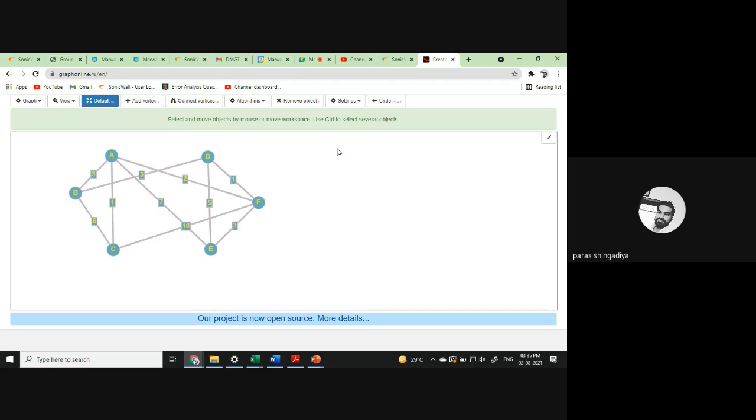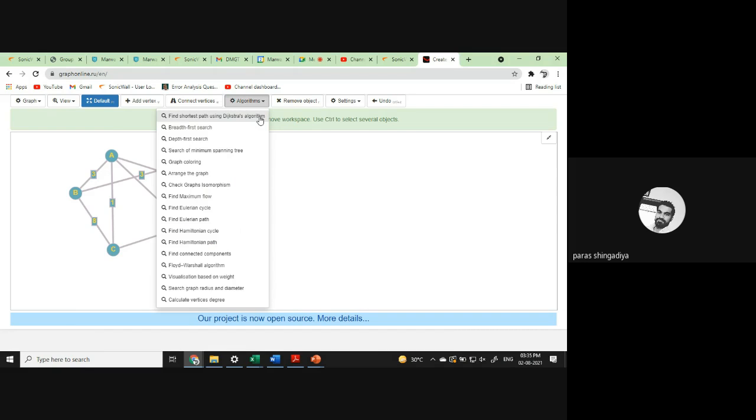So by using Dijkstra's algorithm we can find the shortest route, okay, between any two places. So let's check how we can find it. So another option is the shortest path using Dijkstra's algorithm. Okay, what is the use of this algorithm? By using that we can find the shortest path. कोई भी दो लोकेशन है आपके पास, उसका shortest path आप find कर सकते हो. Okay, how can we find it?